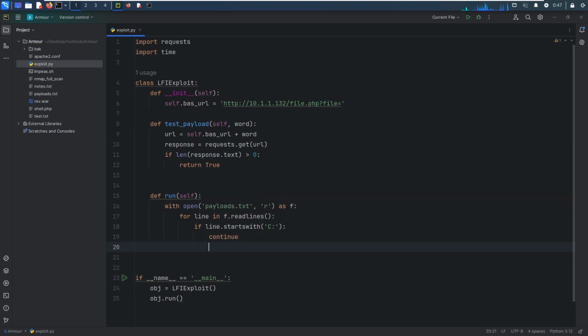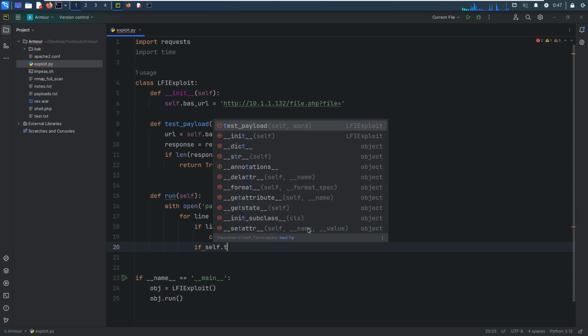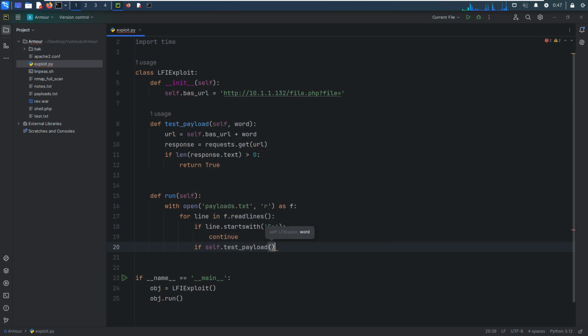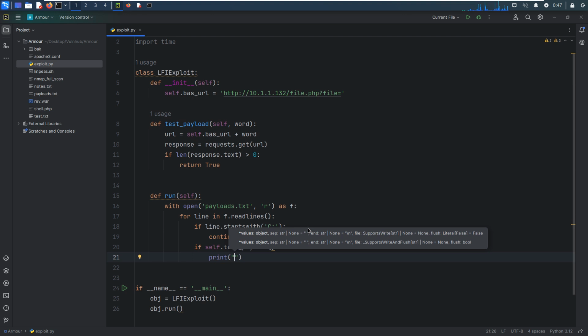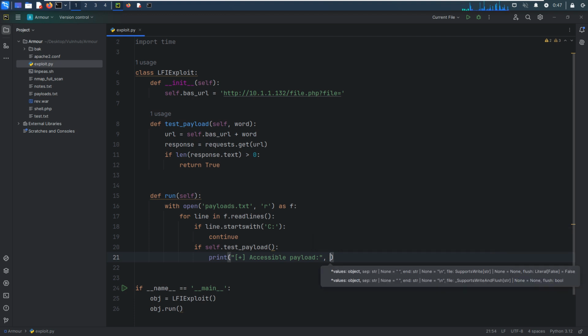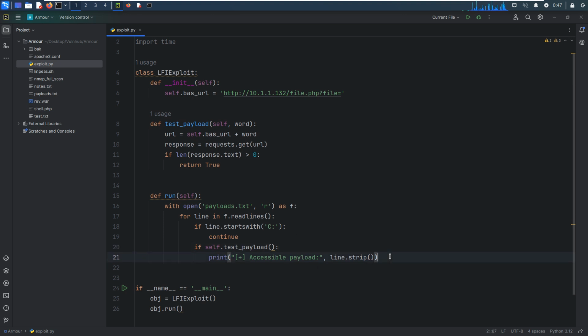If not, then if self test payload returns true, we can print out something like, we can put some description, accessible payload, and it should be line strip. I think that's pretty much it.